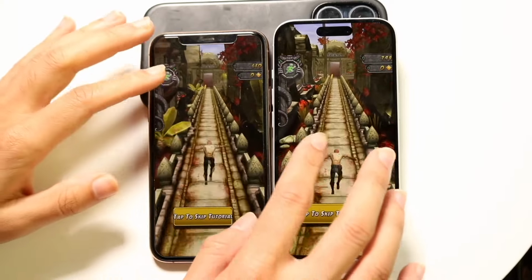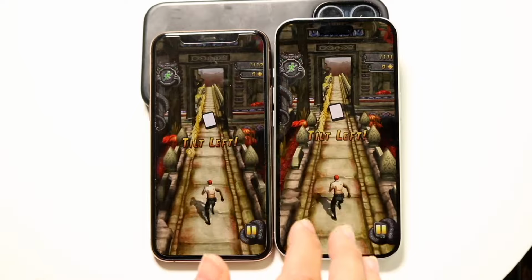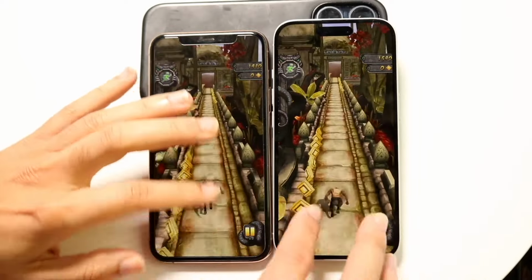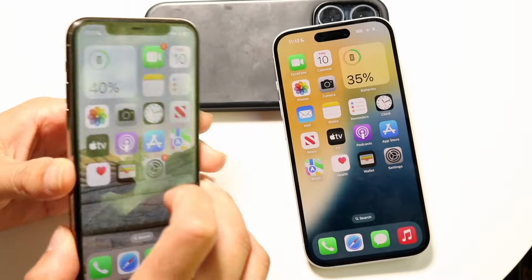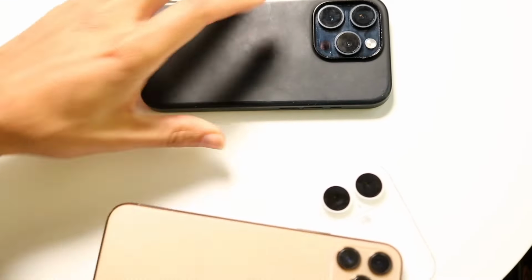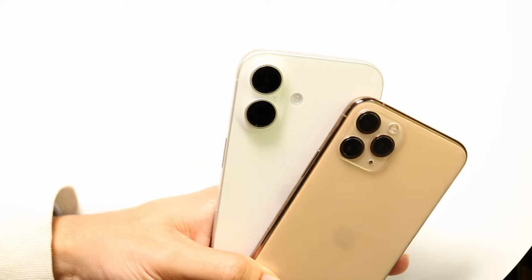So that's something I love. That's something I prefer. And if you're definitely going to pick up a phone, this is going to be one of the better options out there for you. It's the iPhone 16, but the 11 Pro is still good. But if you're comparing these side by side, there's definitely going to be some big differences here. So that kind of covers it up there for the most part. Now from the camera side, you can see again, I will tell you